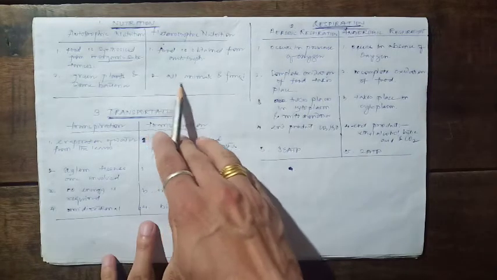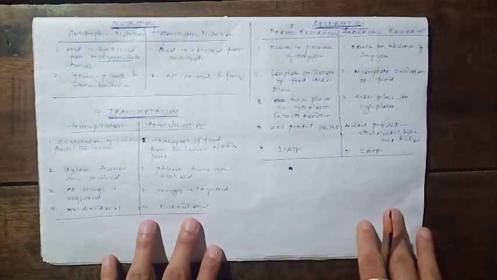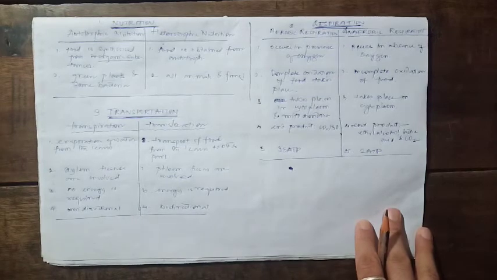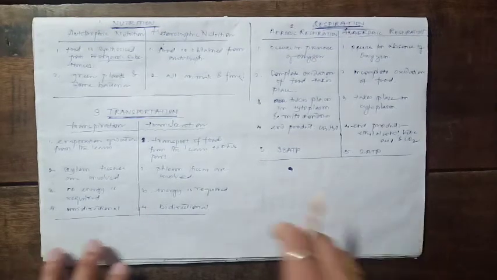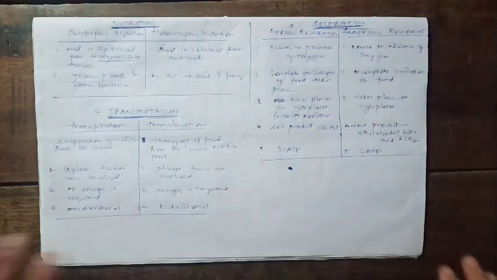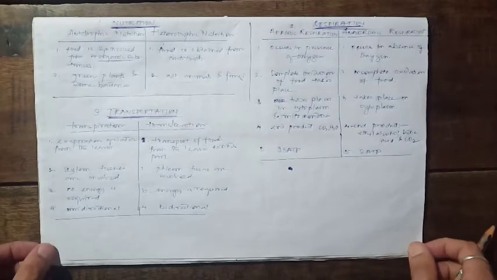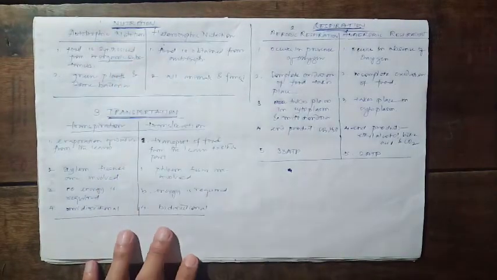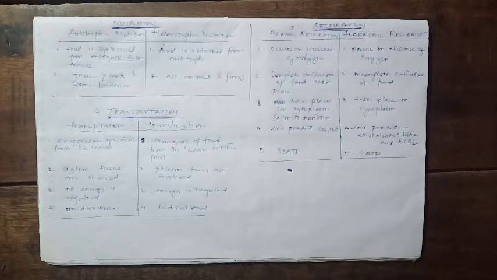But all animals and fungi lack chlorophyll, the green pigment which helps plants to prepare the food. Those components are absent in these organisms, so they cannot make their own food. They depend on others for their food needs. So they are heterotrophs. That's one simple point of difference between autotrophic nutrition and heterotrophic nutrition from our first life process, nutrition. Now students, let's move on to another difference, aerobic and anaerobic respiration from another life